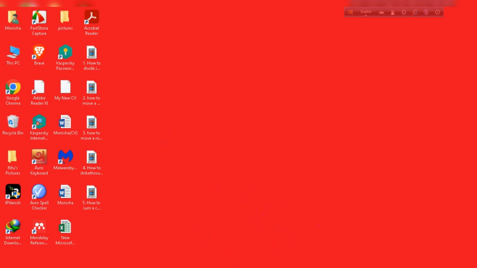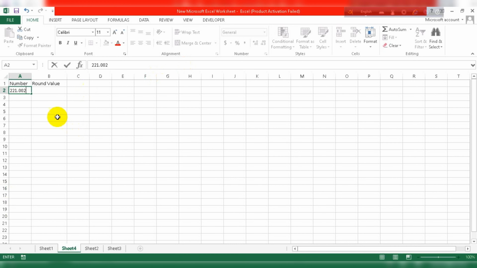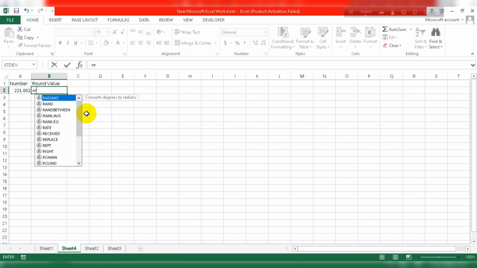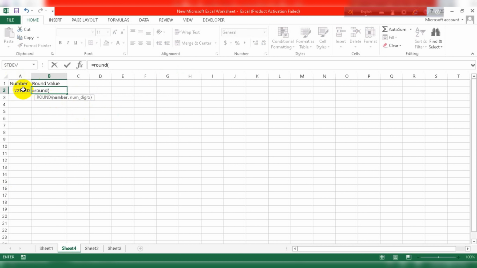At first, open an Excel sheet and get the number you want to round up. And here you have to put a formula which is equals to ROUND and give a first bracket and then select the column